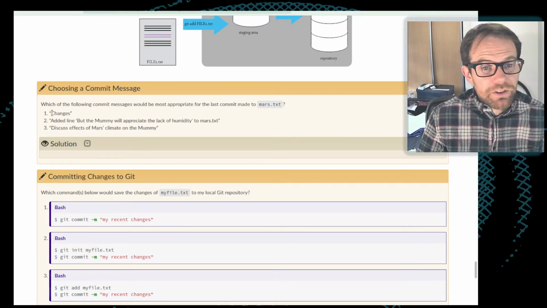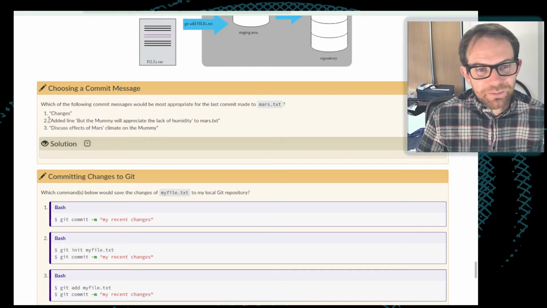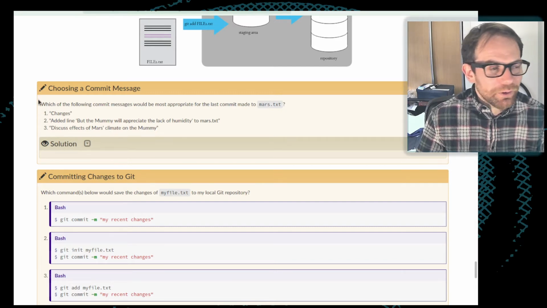So the first one, "changes", isn't really particularly helpful because we know that whatever is in a commit is going to be changes of some kind. So this is a bad option. The second one, "added line 'but the mummy will appreciate the lack of', etc.", is also bad because we can see by examining the commit in more detail exactly what it does. So writing out in English exactly what the commit does is unhelpful.